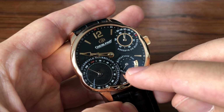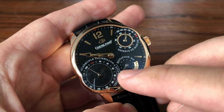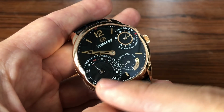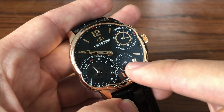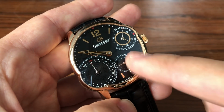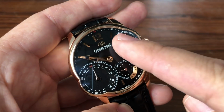But here you can see what's happening with the inner 1-minute tourbillon. Each time it goes between one of these, you have a rotation of the second inner tourbillon. So this is tourbillon 1, its outer tourbillon, and this is tourbillon, maybe we call it 4, if it's 1, 2, 3, 4, the inner tourbillon of the second going. So you get one of the outers, one of the inners, and then up here you have power reserve